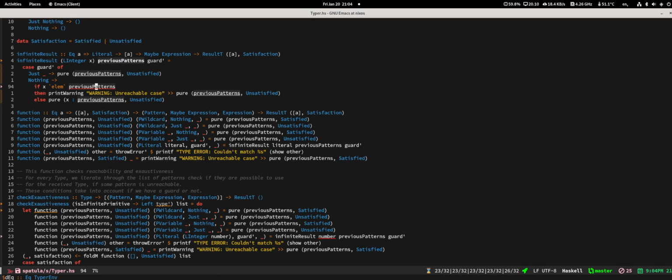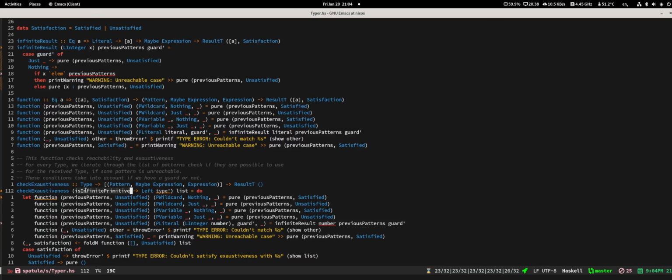Okay, can you show again those view patterns? I don't recall how they work. Yes, so view patterns apply a function and then you pattern match on the result. In this case, we are grabbing this type and applying this function to it, and then we can use them. We just need a function